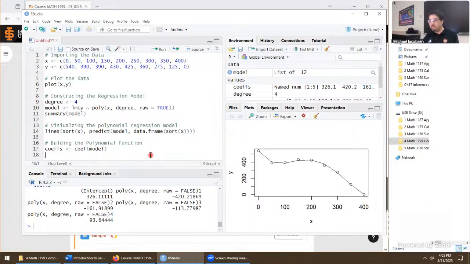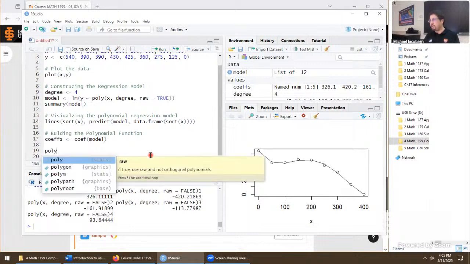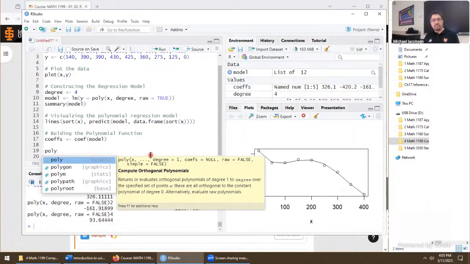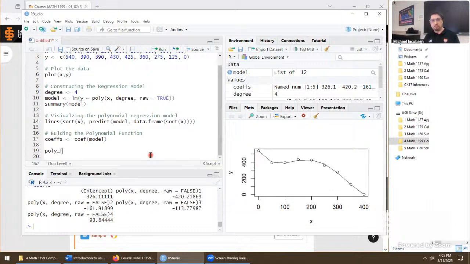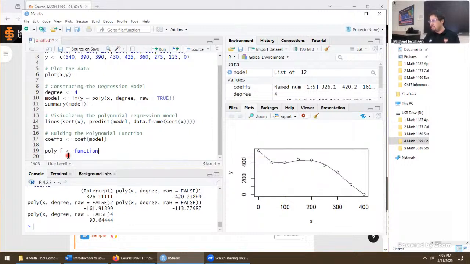Okay, well, let's now go down into actually building the polynomial itself inside RStudio. What we need is to define a function. We could call it, say, poly, if you'd like, but that's a function itself. So let's go poly f. So now this is all our own. Polynomial f is going to be getting the result of a function. So this is a big structure inside RStudio. I need to say what the arguments or input to that function is. Because it's just going to be a single real number, we can say function x.